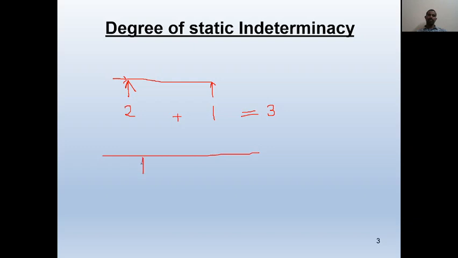Again in the overhang beam we have one of the supports as a hinged one and the other as roller. The other two ends are left free, that means no support. Again you have 2 plus 1, that is 3 unknowns, whereas we have equilibrium equations also 3. So therefore the unknown reactions can be determined using equilibrium equations. So these three whatever we discussed till now, cantilever beam, simply supported beam, as well as overhanging beam, those three are statically determinate beams, right?